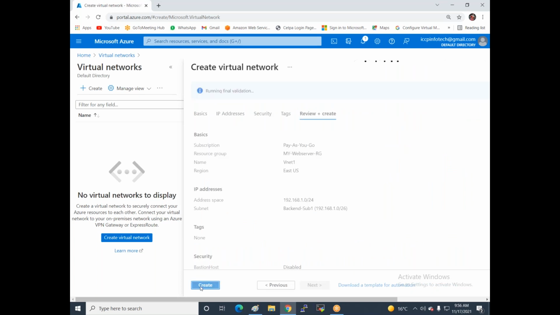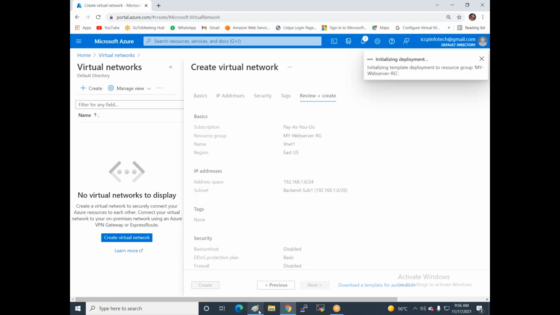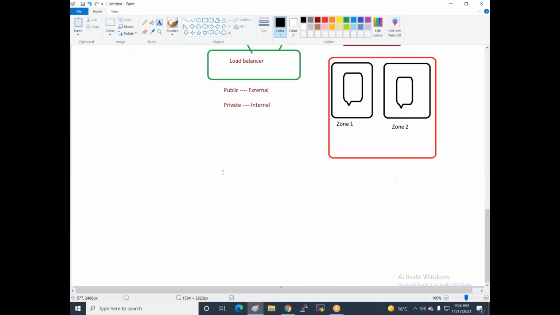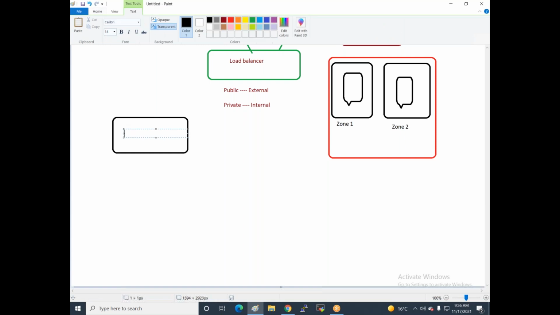One more important point. I create one virtual network, and I'm using this virtual network 192.168.1.0/24. That means we are using the 256 IPs of this VNet.